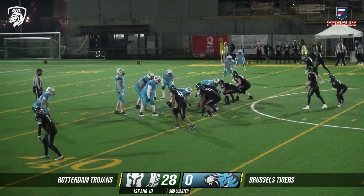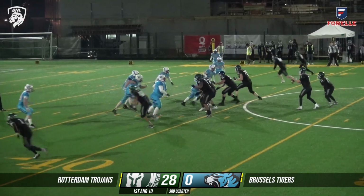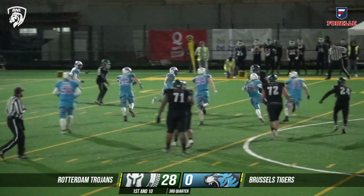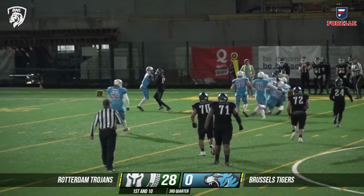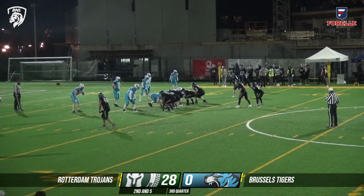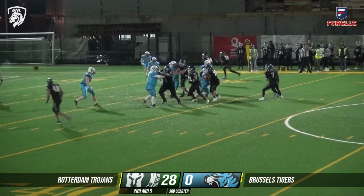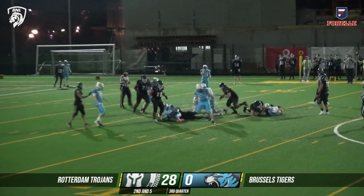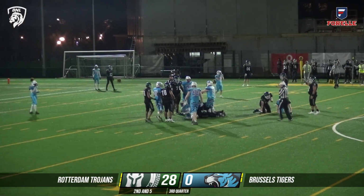The Tigers made the penalty, and Dijkers running with it and keeping, getting a few yards. Dijkers with handoff to Boxhoven,